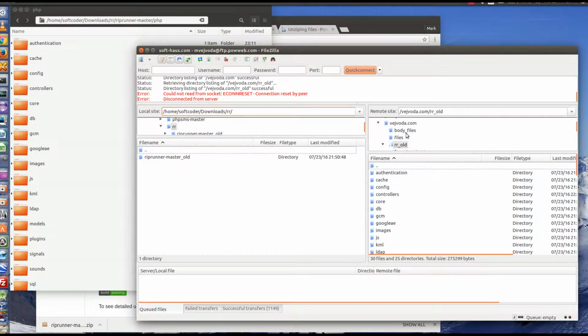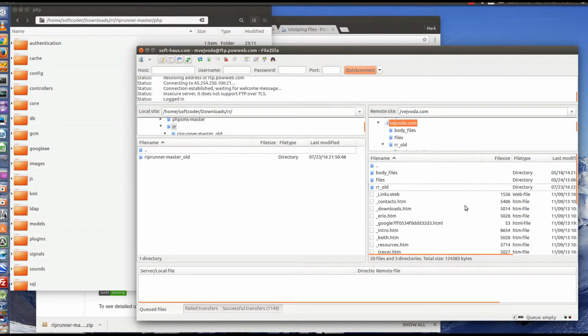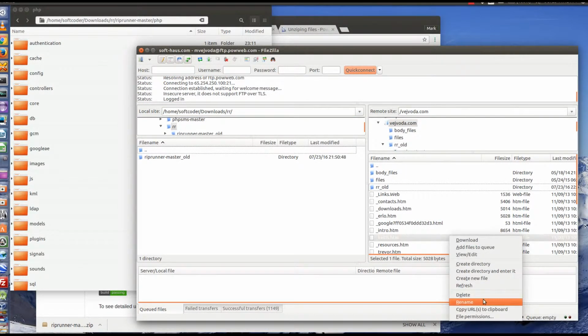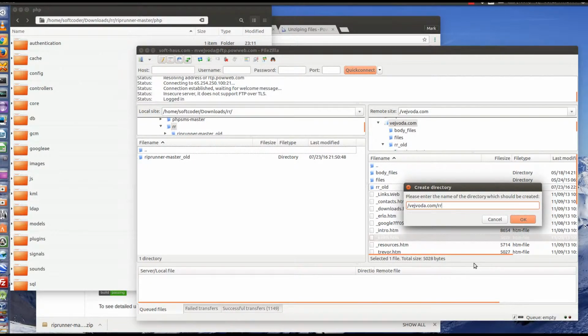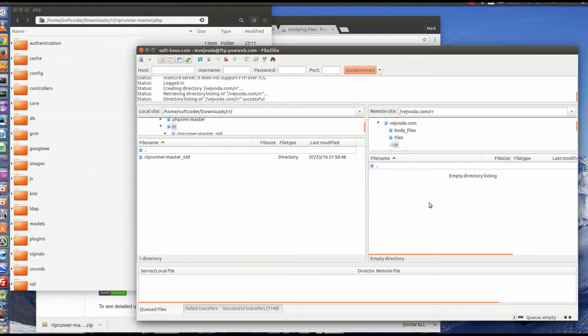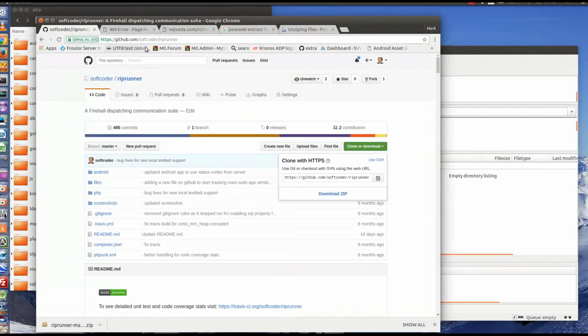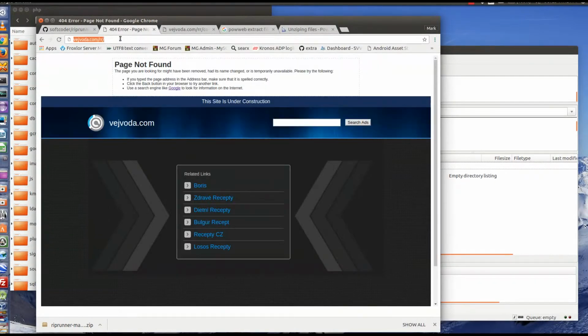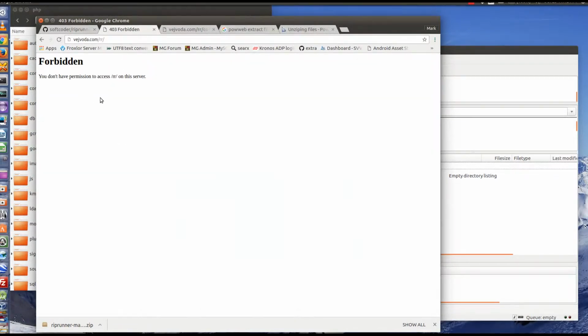connect to my website, in this case for this demo, vavoda.com, and just going to create a demo folder called RR, short for RipRunner. And I'm going to go into that folder. You can see it's empty. Looking at the page externally, vavoda.com/RR, page not found, nothing is there